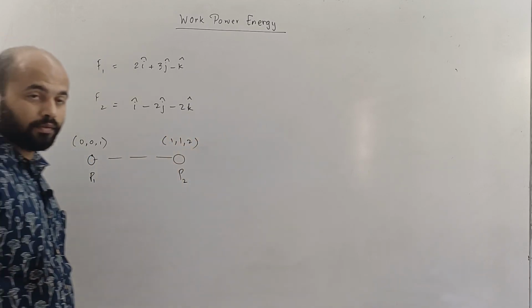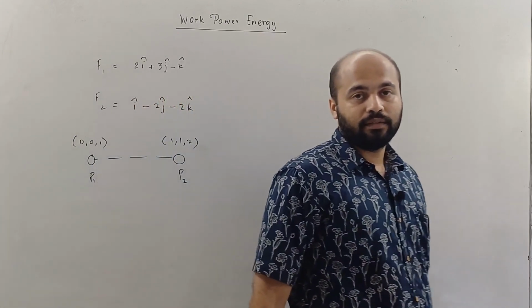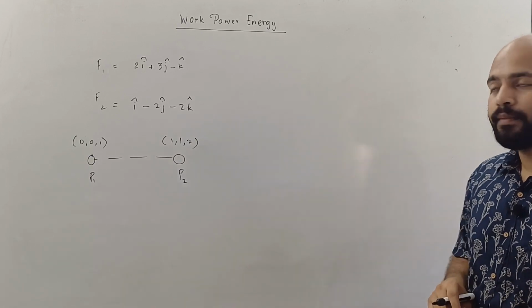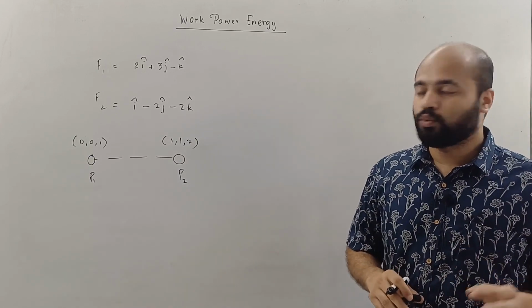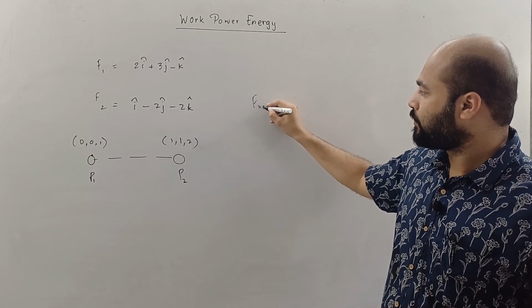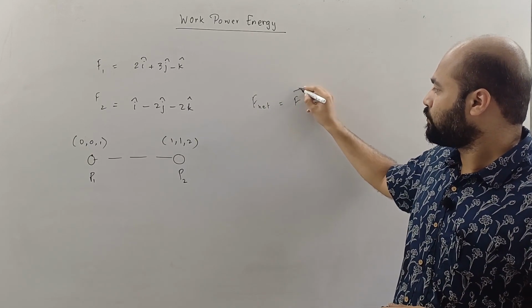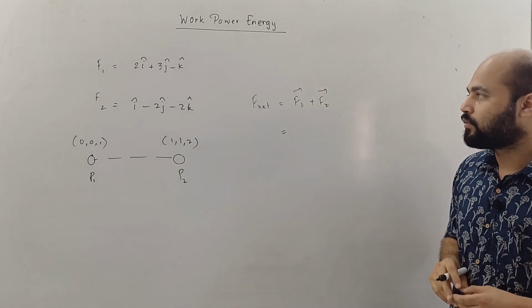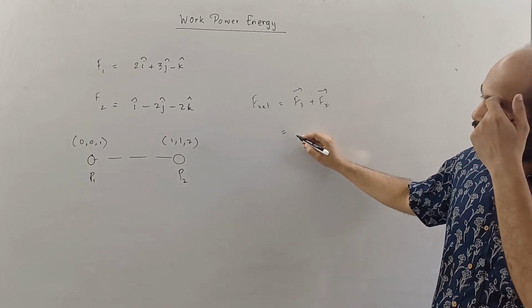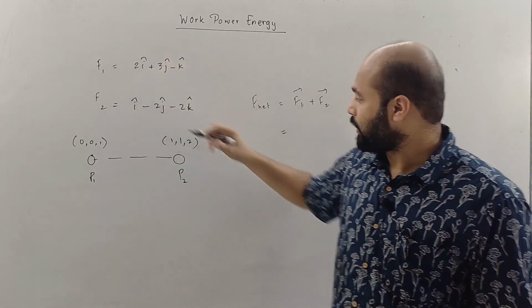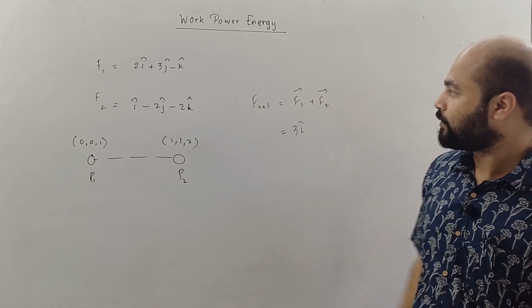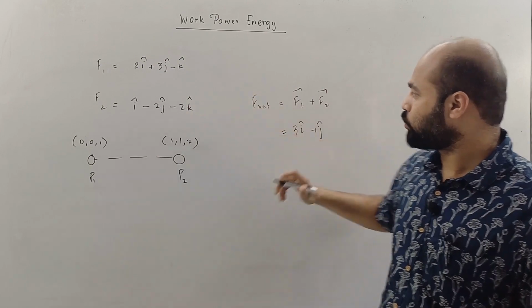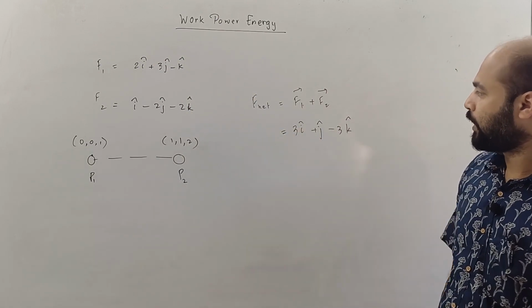Now we will find the work done. So what are we going to do? This time around, I am going to find the net force. Now from our past knowledge, we know that vectors can be directly added if they are in vector form. Then we can use F net is nothing but F1 bar plus F2 bar. So F1 bar is how much? Given as this. So let me directly add them. 2i plus i is 3i cap. 3j minus 2j is plus j cap. And then finally minus k minus 2k is going to be minus 3k cap. Now this is F net.